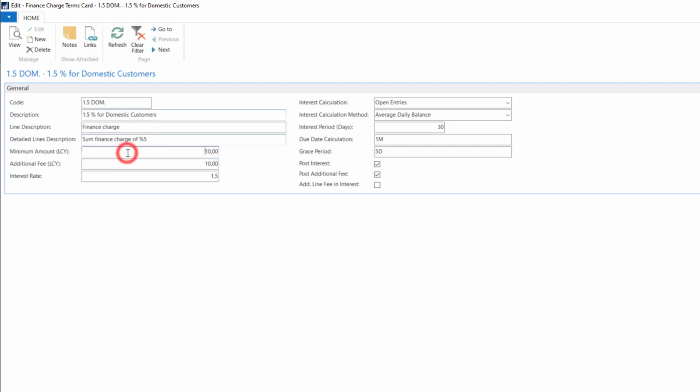We have a minimum amount. So above this amount, the system will do the calculations. We can assign an additional fee that will be calculated into our finance charge. We have an interest rate and interest period in days. So we have these two fields